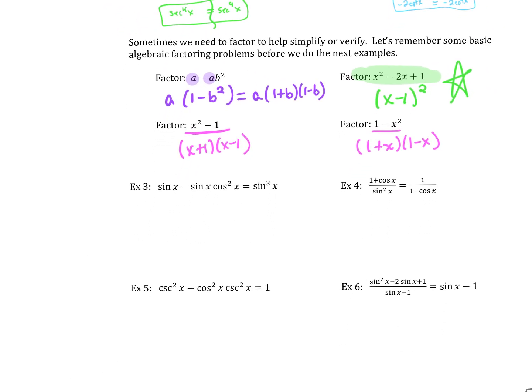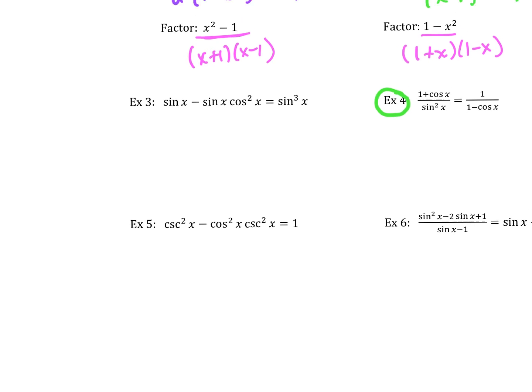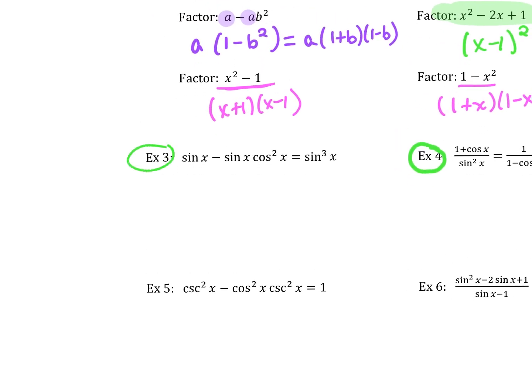We're running out of time, but I wanna go through one of these. Guys, when we get to this one, I need you to notice, that's the trick. Let's take a look at this one. No, I lied, let's take a look at this one. Example 3. What can we factor out on the left-hand side? Yep, we can factor out a sine x, and what we're left with when we factor out that sine x is 1 minus cosine squared x. And so then we have sine x